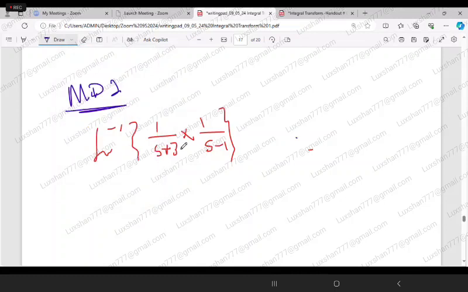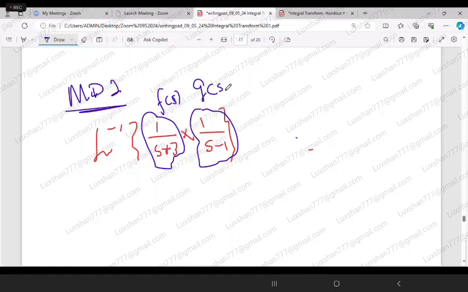If I take this as my F(s), you can take this also as F(s), no problem, because we know that convolution is commutative. And if you take this as your G(s), then we know that